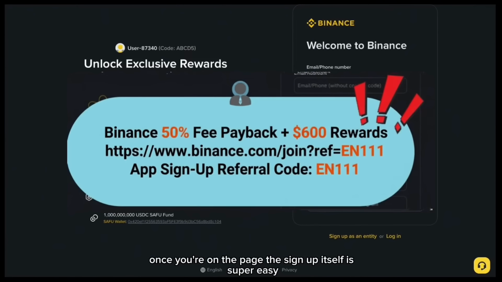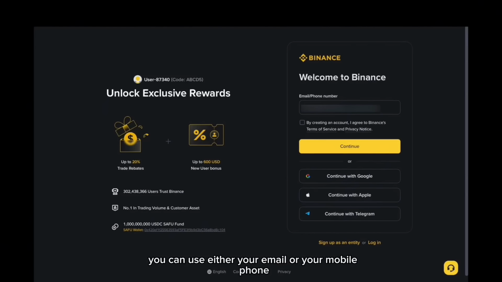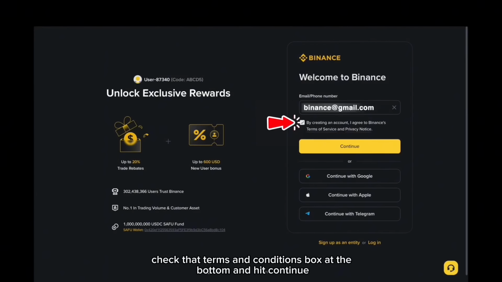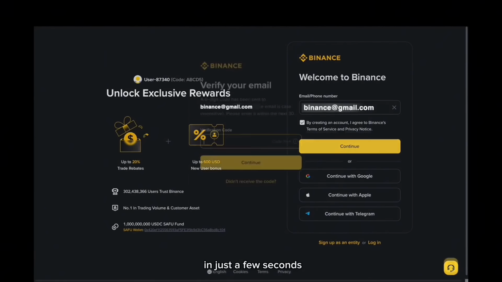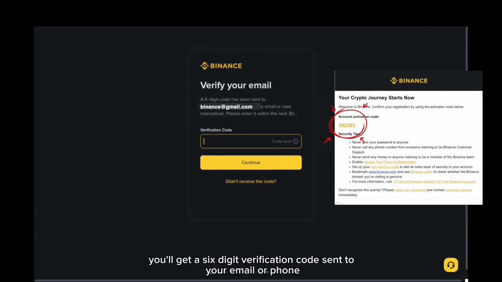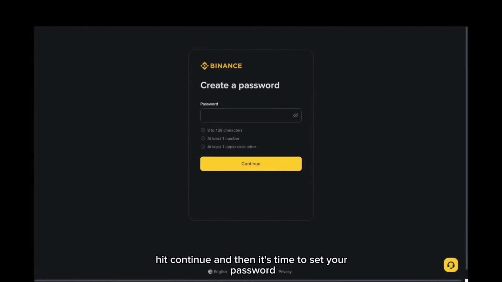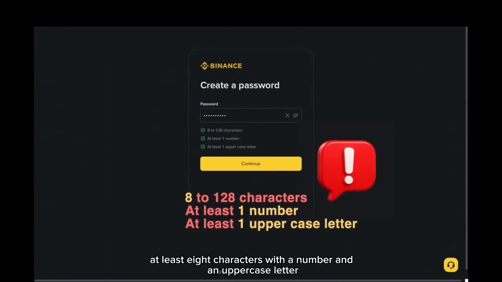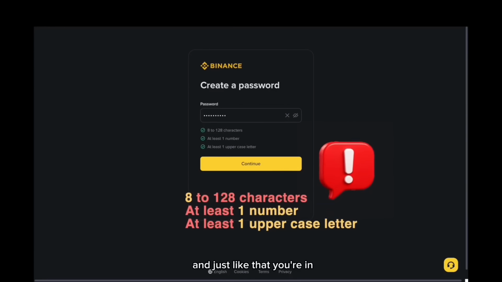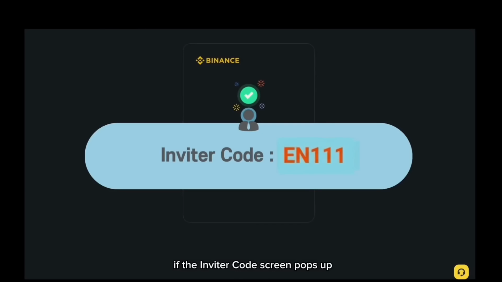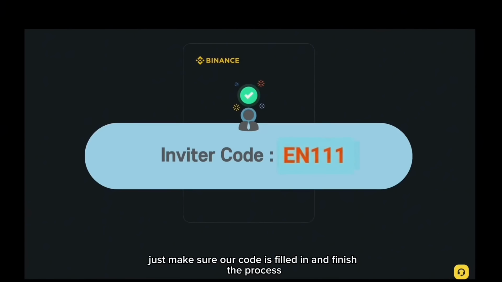Once you're on the page, the sign up itself is super easy. You can use either your email or your mobile phone. Simply enter your email, check that terms and conditions box at the bottom, and hit continue. In just a few seconds, you'll get a 6-digit verification code sent to your email or phone. Grab that code, type it in, hit continue, and then it's time to set your password. Make sure it's a strong one, at least 8 characters with a number and an uppercase letter, and just like that, you're in. If the inviter code screen pops up, just make sure our code is filled in and finish